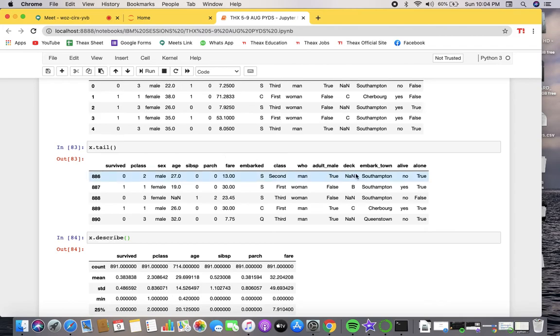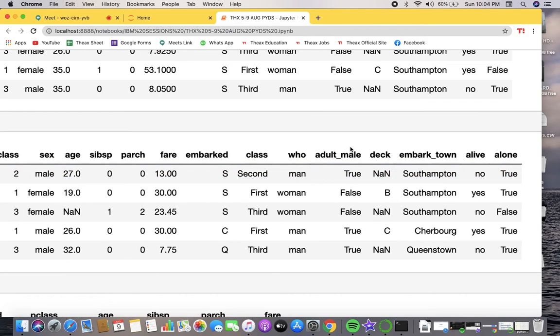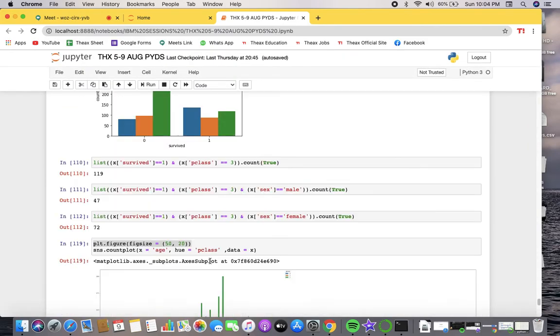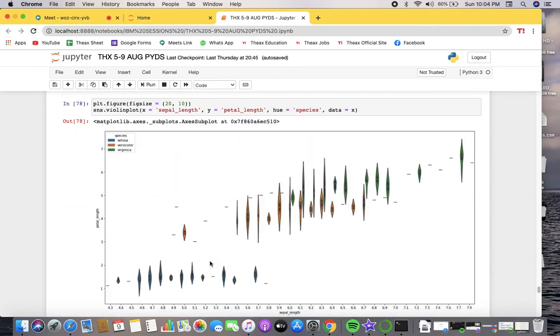Let's say you have alive alone. I will not go with this because these are the same. Embark town is having some C, S, and Q. That is the number of people who embarked from Southampton, Cherbourg, and Queenstown, right? So how many values are there for that? That is the column of